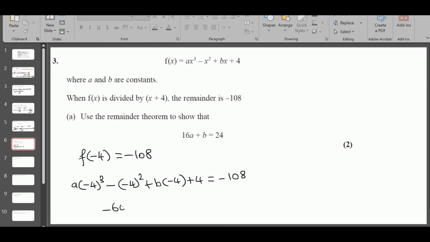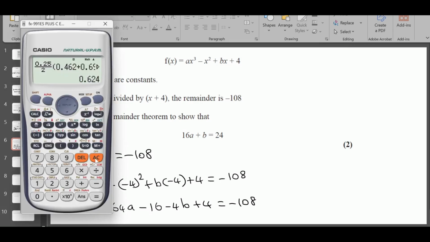This is going to be minus 64a minus 16 minus 4b plus 4 is minus 108. Minus 16 plus 4 is minus 12, goes to the other side, plus 12. So minus 108 plus 12